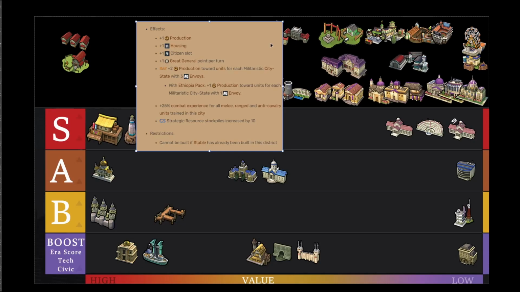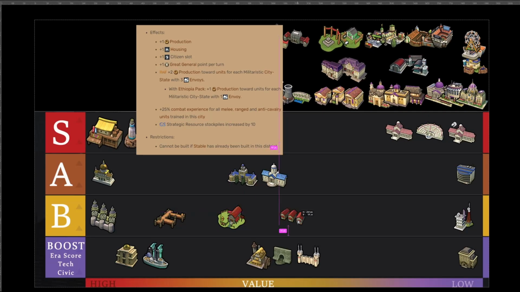Also, stockpiling aluminum in a science game, right? I find myself actually building a couple of encampments for stockpiling purposes so that I can trade more. Here's what I'm gonna say. I don't know where it would fall. Is it a B tier? It has to be a B tier, right? I would say every single encampment building is B tier, even in a domination game,